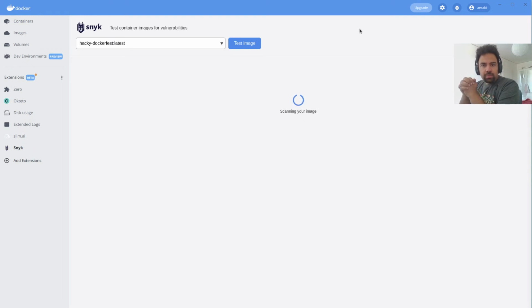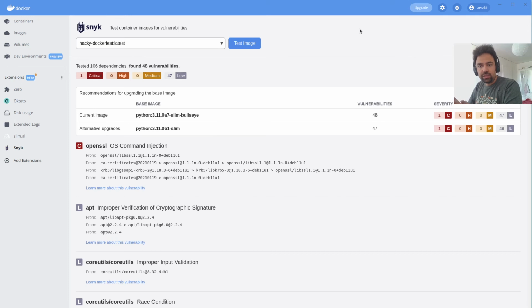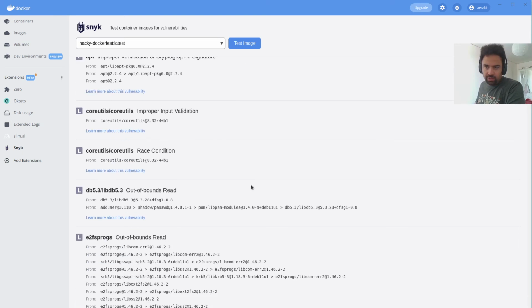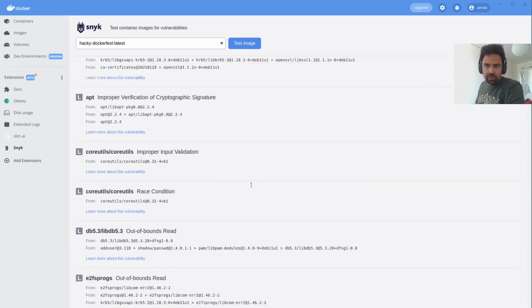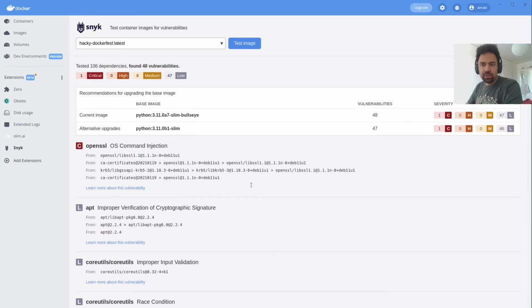It will take some time, and while it's trying to scan all the paths, I will explain how a Docker image scan works with Snyk. So a Snyk engine is now running in a Docker container. The image is sent to this Snyk engine, and then the Snyk engine will reply with a report of what the vulnerabilities are and what the severity of each one of these vulnerabilities is. This is the report that we got and we saw in the beginning of the video,